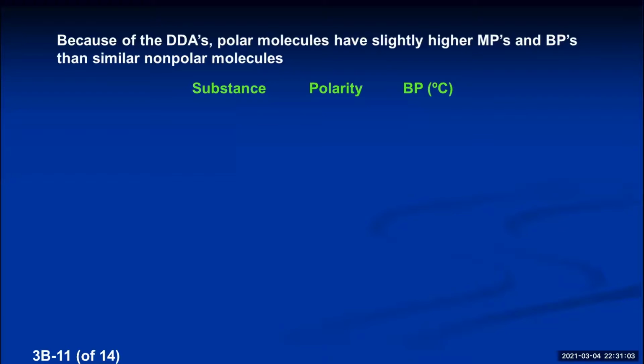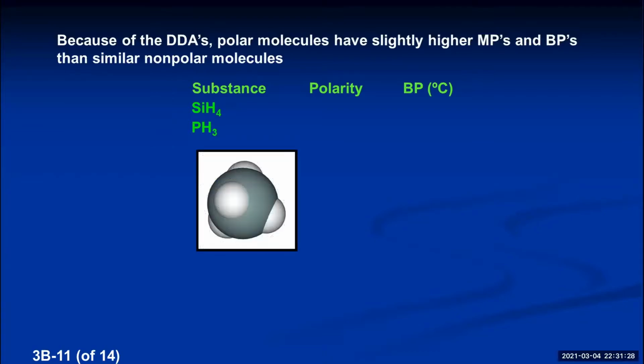And to try to point this out, I'm going to look at two different substances. One of them is named silane, the other is named phosphine. I've tried to pick two substances that have atoms that are about the same size. Their molar masses are about exactly the same, so I'm trying to make them as close together as I can, but the only difference is one will be polar, one will be nonpolar. So silane, SiH4, if you draw the Lewis structure and predict the shape, it's going to be a tetrahedron. There'll be 4 dipole moments in the molecule, but remember, 4 tetrahedral dipole moments cancel out, so that's nonpolar.